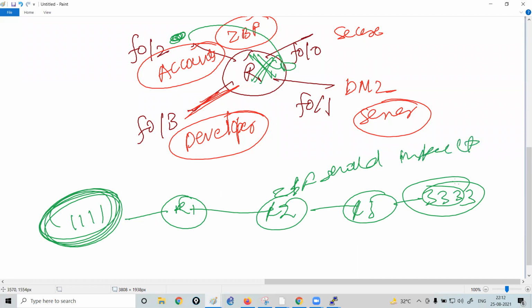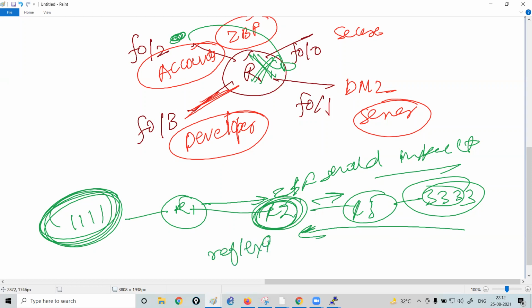Basically, inspection means your router should see what traffic is passing through the router R2. And then whenever it receives any packet, it will create a reflexive entry by itself. So the concept is quite similar to the reflexive ACL.